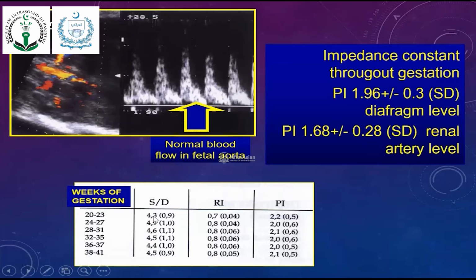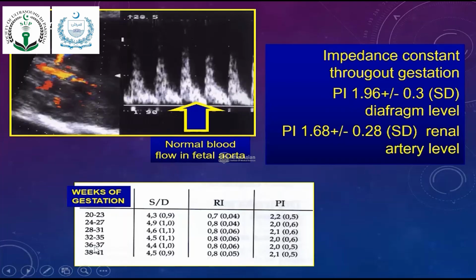Here is the ratio, 4.3, which means systolic is 4.3 times the diastolic. This is diastolic and here is the systolic. So in the beginning it will be about 4.3 times, and at term about 4.5 times. So the systolic will be about 4.5 times the diastolic in fetal aorta